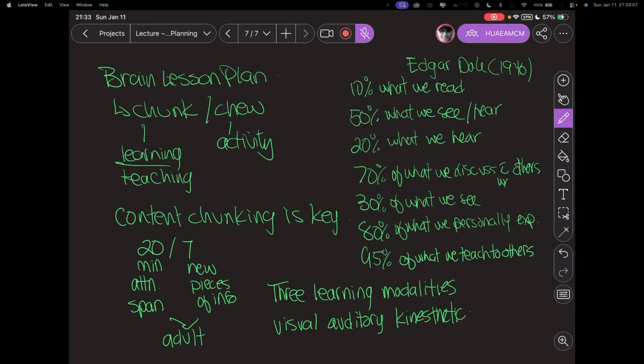Okay, so the one thing that we don't see on this chart that is in some other charts is what percentage of things we actually do, or with our hands-on stuff. So these are the 3 learning modalities. And of course, any one of these is powerful in its own way, but also if we combine them, let me just back this off for 1 sec. If we did it this way, if we had visual and auditory plus kinesthetic, then you would have a better chance of students retaining that information. Okay, so those are 3 learning modalities, and I think that we need to know that.